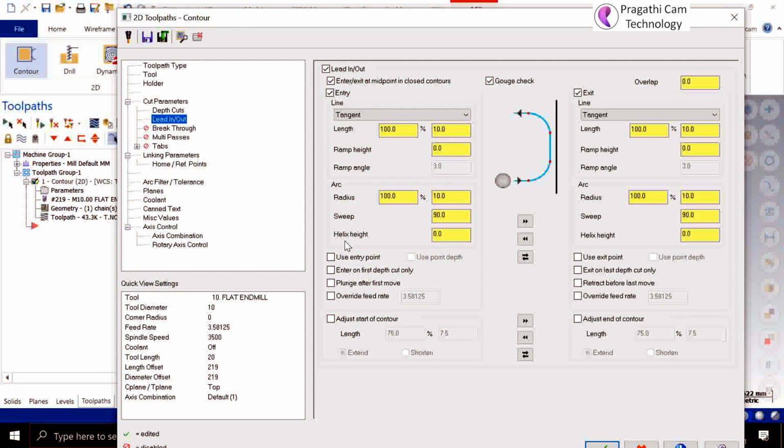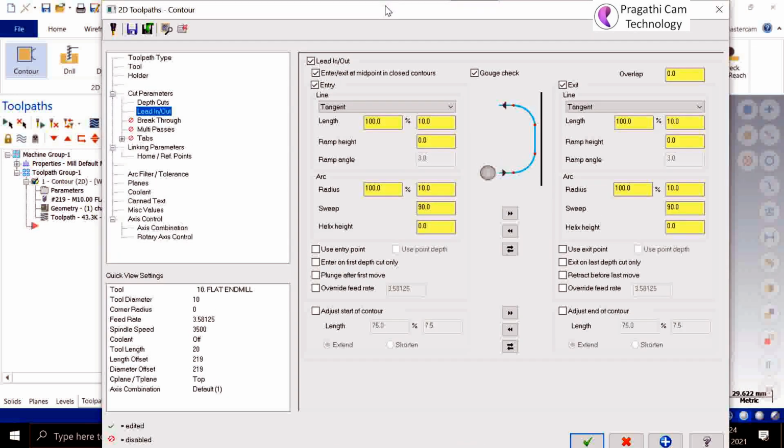It means how smoothly you enter and exit the material. While entering it will make a tangential entry, and the exit is also tangent. That will make a smooth entry and exit in the material. This is the lead in and lead out.